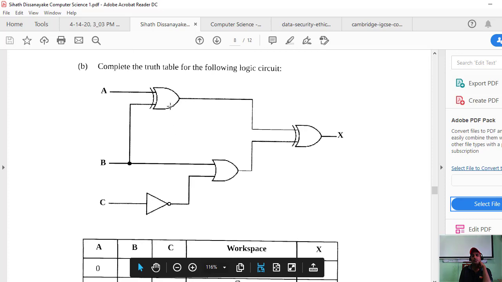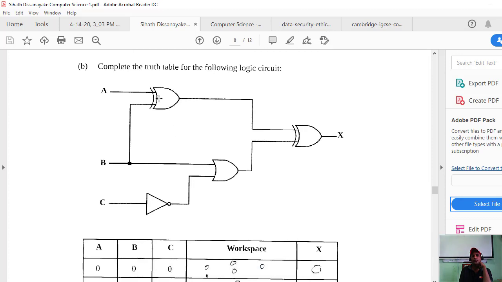This is an XOR gate. This is XOR, right? So how does XOR come? Is it AB? How does XOR come?